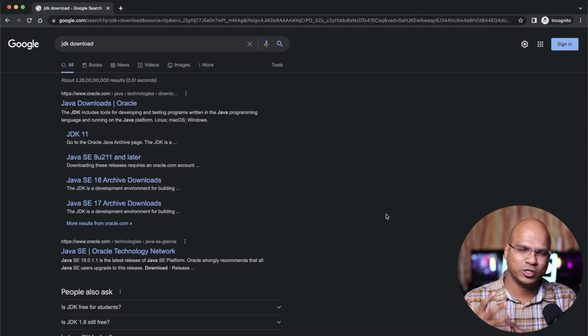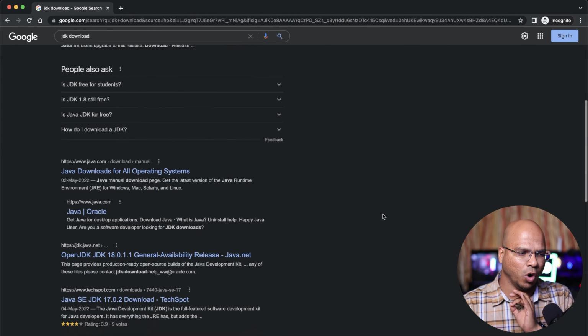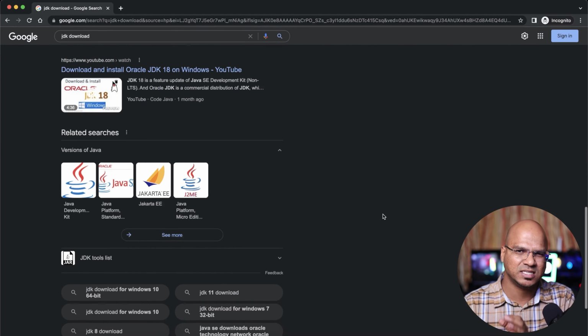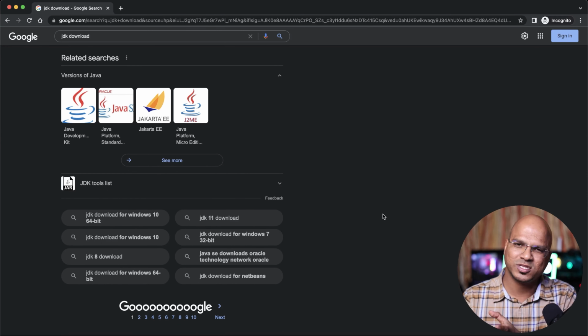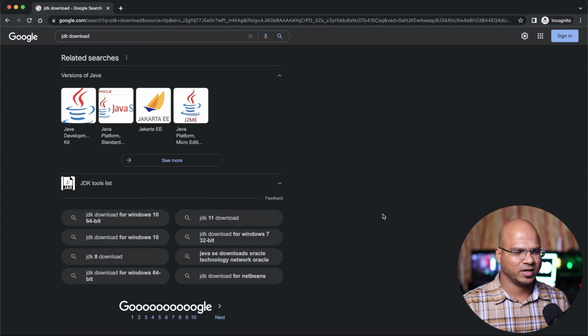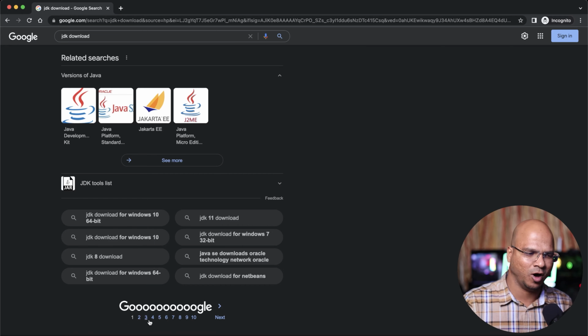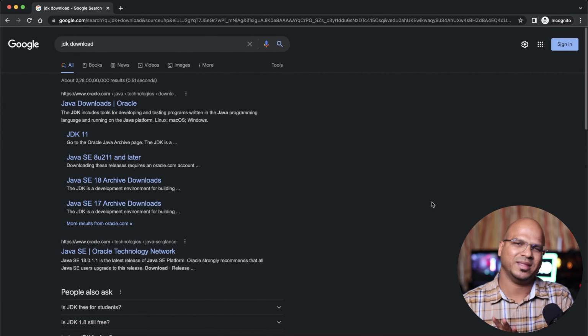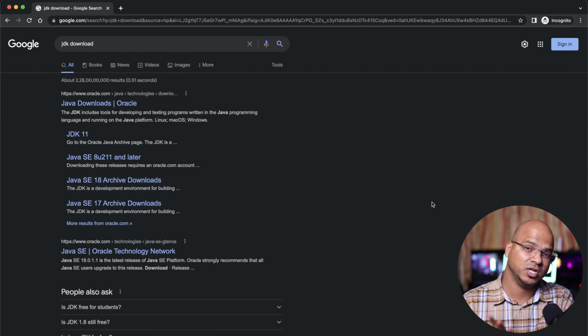So basically, it uses some algorithms to give you the best results, and it tries to give you all the results on the first page itself, and that's why we don't even go to the second page, right? In fact, it's been a long time since I've even clicked on this button here. Basically, you get everything you wanted on the first page. If you don't get it, we change our query, right? So the idea is Google helps you collect all the data from the internet.